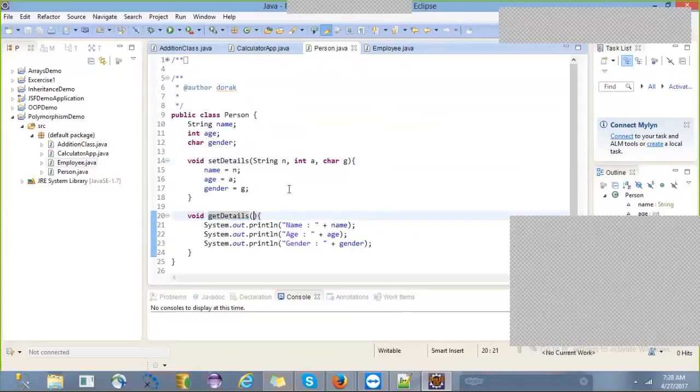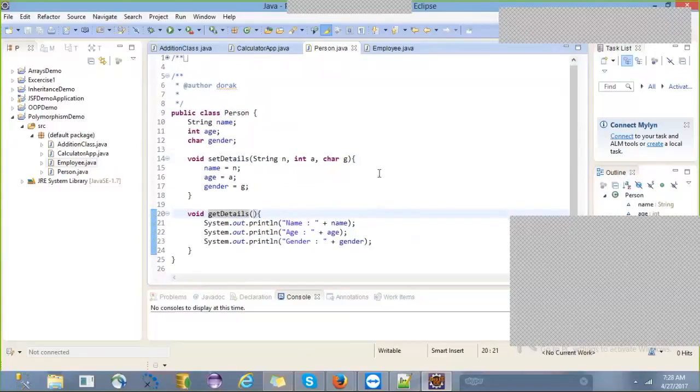How many parameters are there in the super class get details method? Zero, right? No parameters are there.